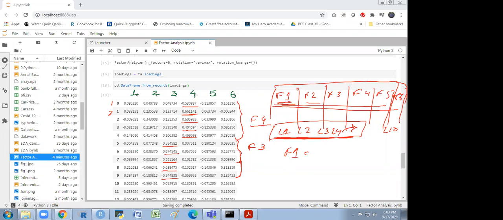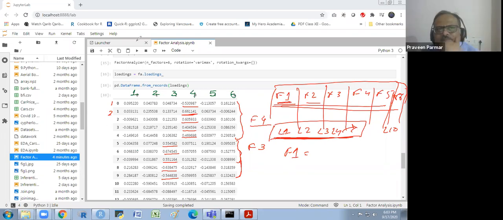It's not a big task, it's a very simple thing. We are not going into the mathematics behind this, where there is a matrix, the eigenvalues and the eigenvectors, so many things. Nobody goes into that part. You should just know the utility of the factor analysis and how we get the factors.